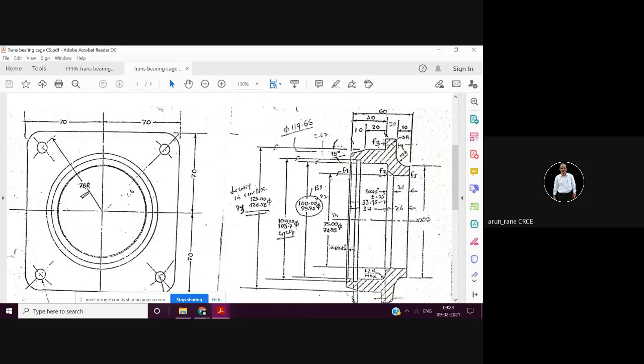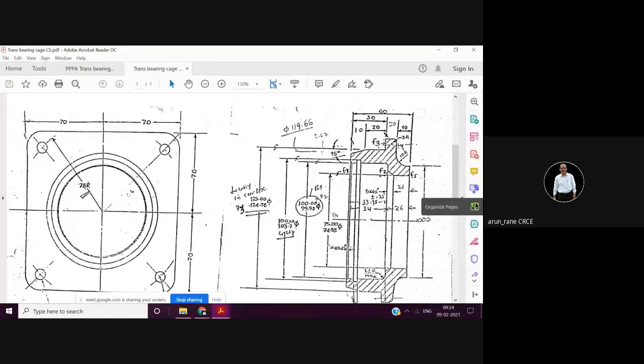Then next to HSS you have carbide tools, that is cemented carbide. Then you have coated tools, that is you can have a coating of carbide on HSS, and this coating is usually of titanium carbide, that is TiC, or titanium nitride, that is TiN.